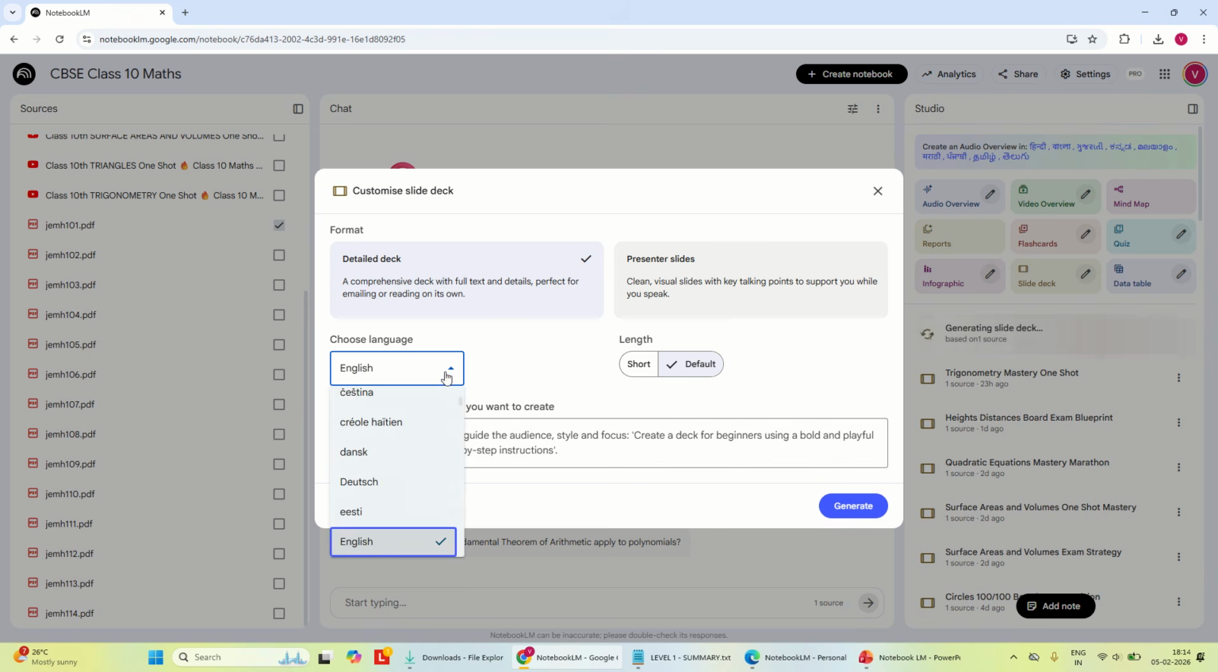If you want it in a different language, you can go for a different language, Hindi, whatever you want. Hindi should be there. Okay, Hindi is not there. So I continue with English,